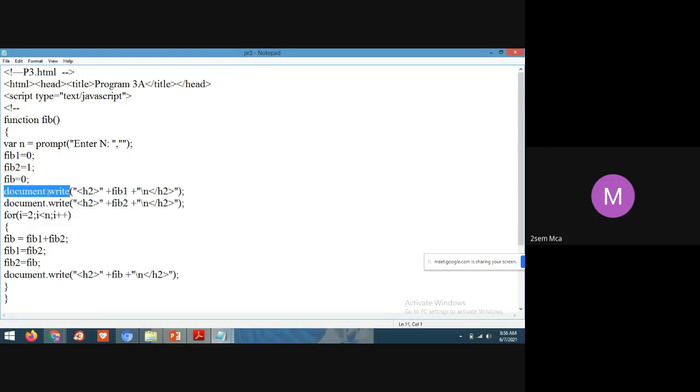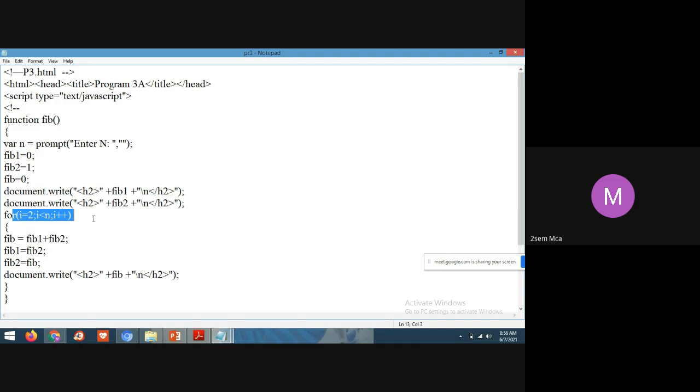And here I am displaying, this is the output screen statement. Using this document.write, whatever I am writing will be displayed on the web page as output. So it will display the fib1 and fib2 values. Next line, here I don't have a document.write line.